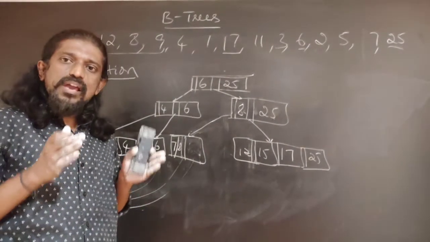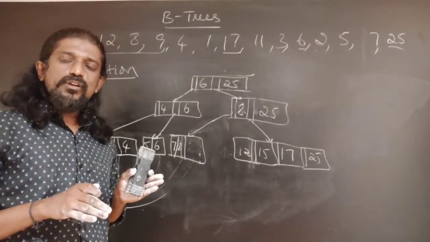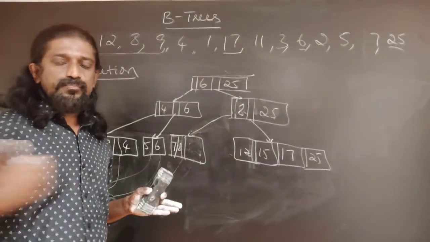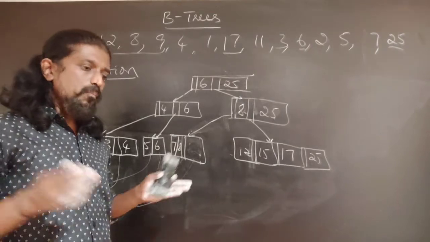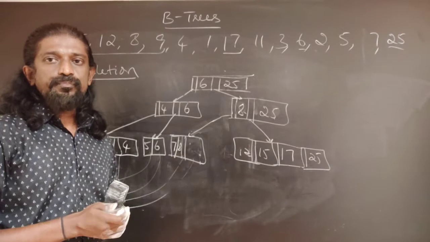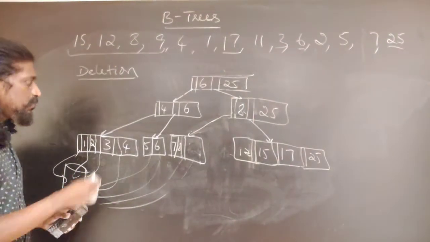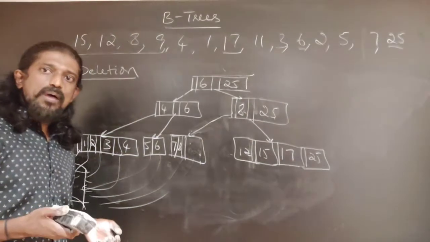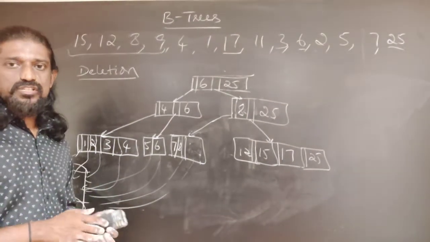If the node has bare minimum number of keys, deletion of it will cause an underflow. In that case, what we have to do is find a neighbor adjacent to it, and merge with it. And after merging, suitable updation at the parents needs to be done. Sometimes it may also happen, so for that reason I reinserted 3 here, it may not be possible for us to merge.